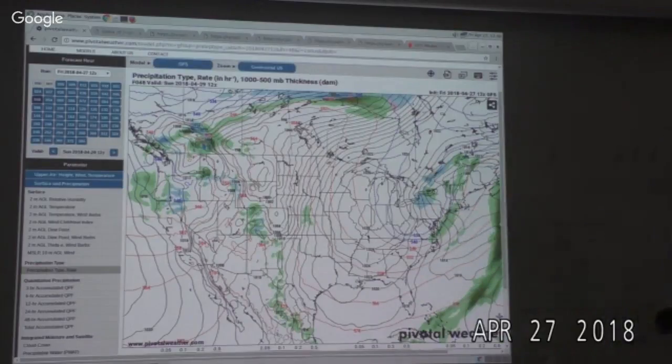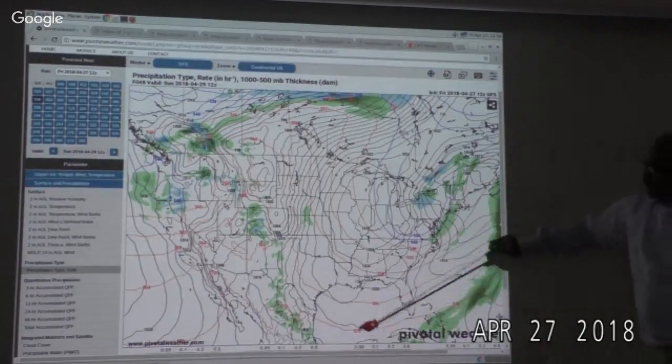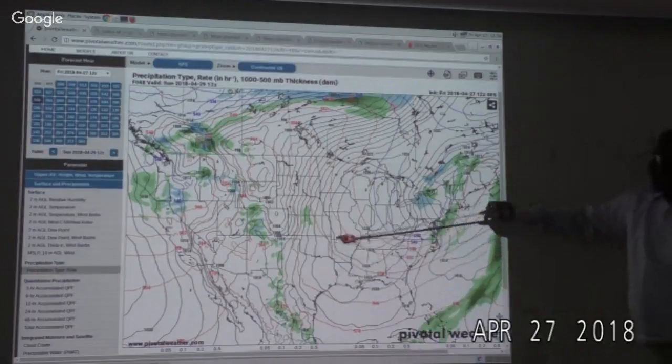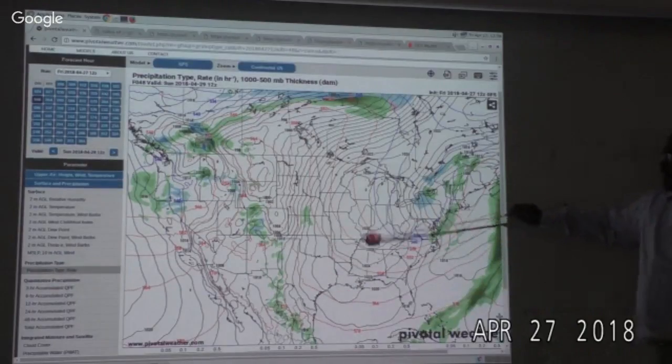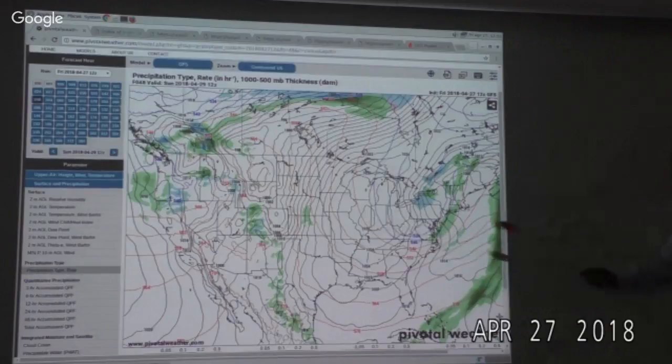Something to watch, I don't think it's explicitly in the forecast yet, is as this builds to our southeast, over the southeastern United States and the southwestern North Atlantic, you begin to get this return flow around the high, and I think it increases the chances for an extended period of precipitation. I don't know if it's going to be flooding at this point yet. It's going to take a while because the area is relatively dry. It's going to take a while for it to chug around the anticyclone across the Caribbean and then into the Gulf. That's something to watch as this high moves southeast.